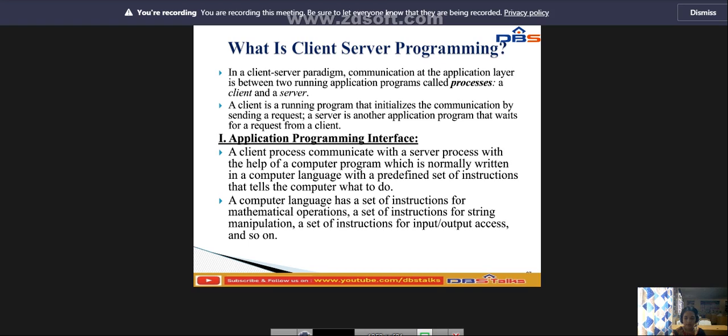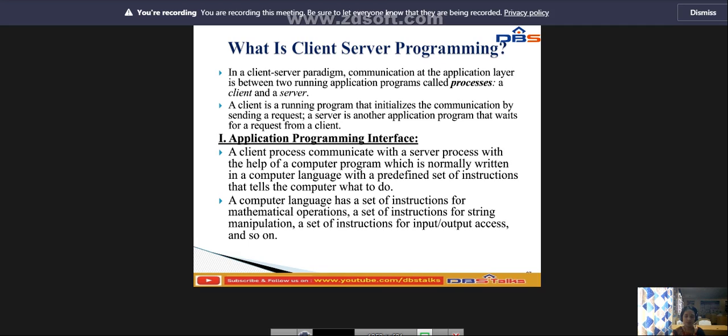A computer language has a set of instructions for mathematical operations, a set of instructions for string manipulation, a set of instructions for input output access, and so on.